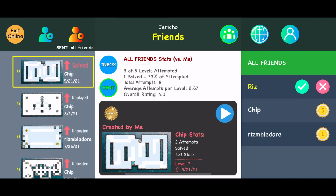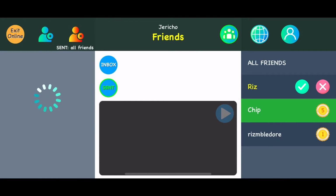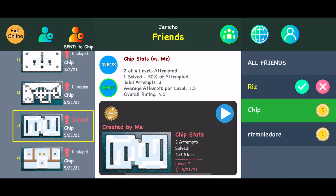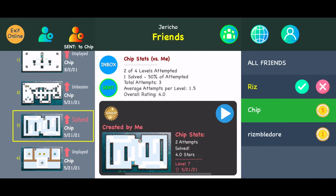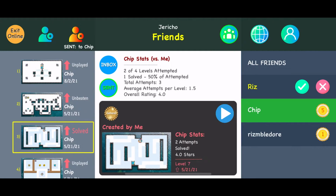We can go to just Chip, see our outbox there for Chip, or inbox from him, and there we'll have all of Chip's stats versus me. Of the 4 levels I've sent him, he has attempted 2 and solved just one of them. So there we go. 50% solve rate, and it says how many attempts on average